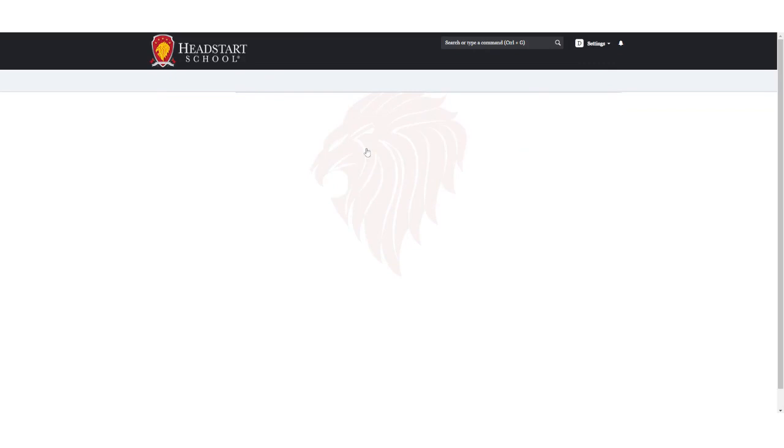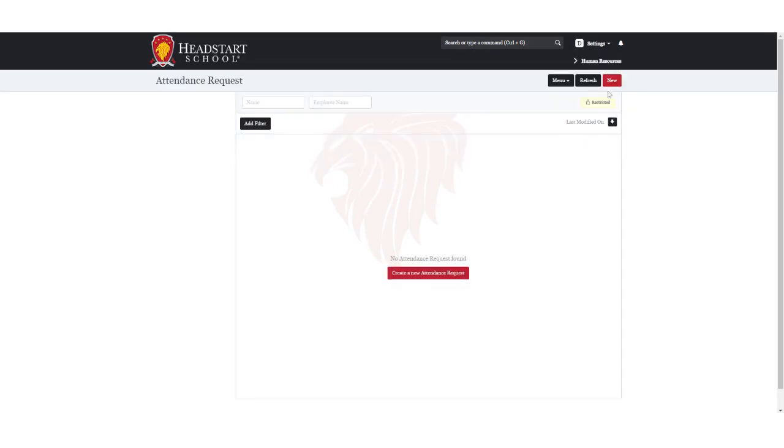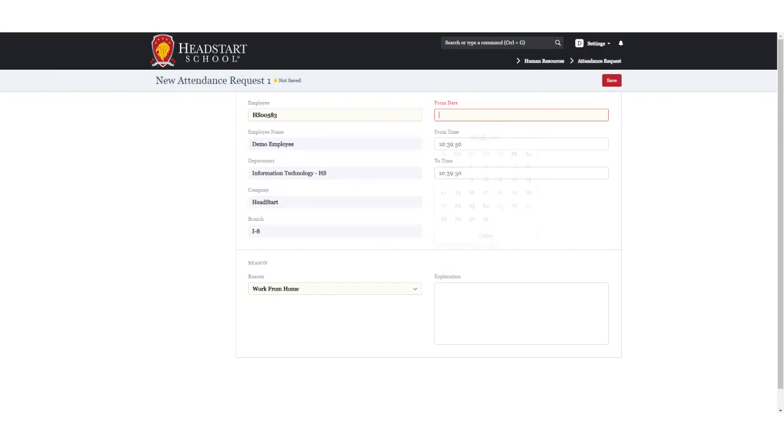If you want to place an attendance request because you were working from home or you were not present at the school, but you were still offering your job, you would come into the attendance request section and put a new attendance request. You would select the date for which you were working. You would select the time, let that be 9 a.m. in the morning and 6 in the evening. You would select the reason of your unappearance at the job and give a slight explanation why you were not present but still working. After entering all the details, you would save the attendance request and it would be reviewed by your supervisor.